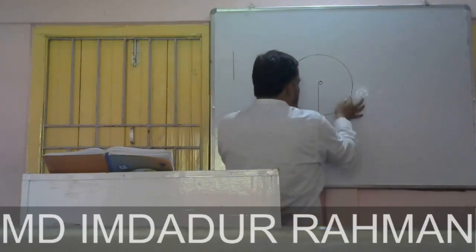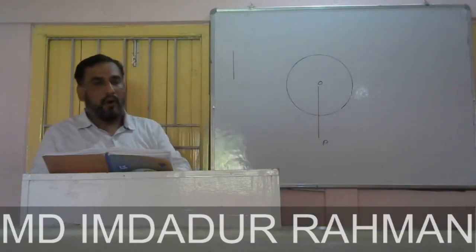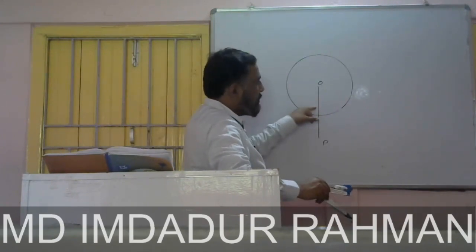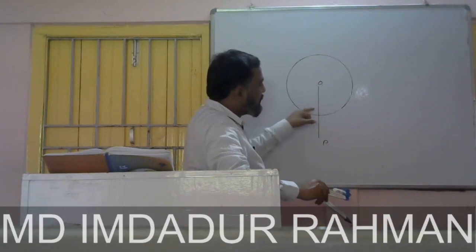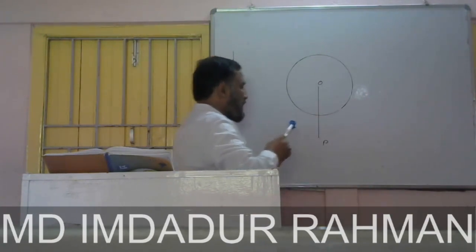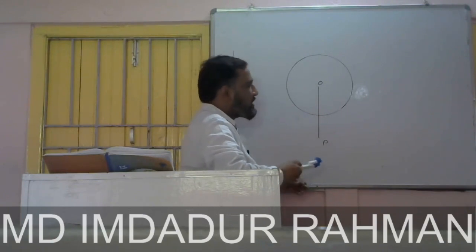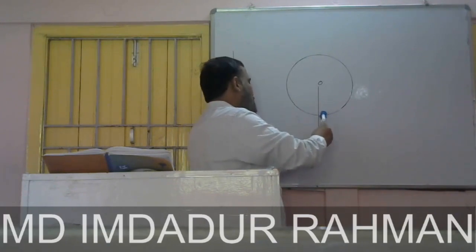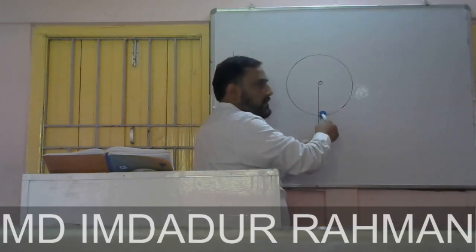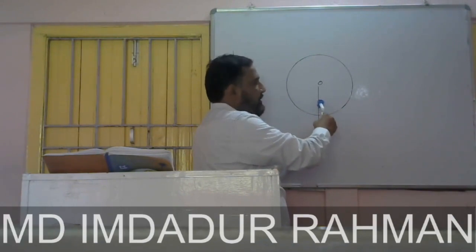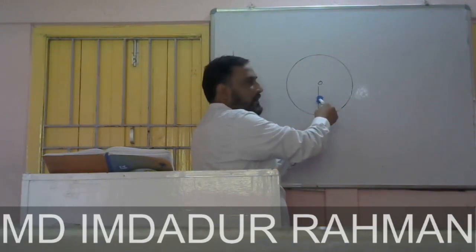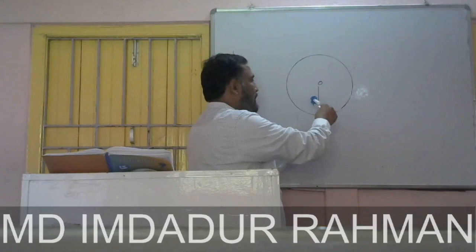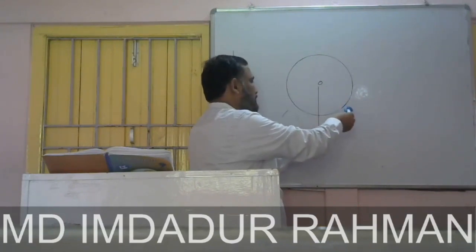Okay. Now from this point P, which is 10 centimeters away from the center, we have to draw two tangents. Like this, we have to draw two tangents. Then to draw tangents, we have to find the midpoint, that is, we have to bisect this line segment OP. Now I am bisecting. To bisect a line segment, you have done in class 8 and 9. Just put your compass point in both ends and take a length more than half of the line segment, and give 2 points.